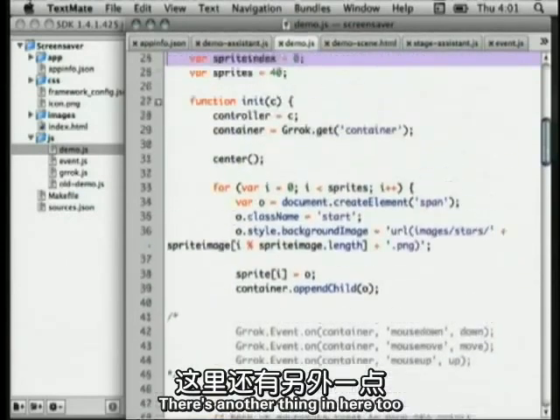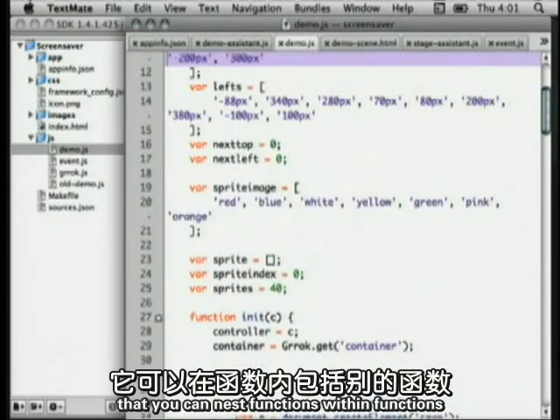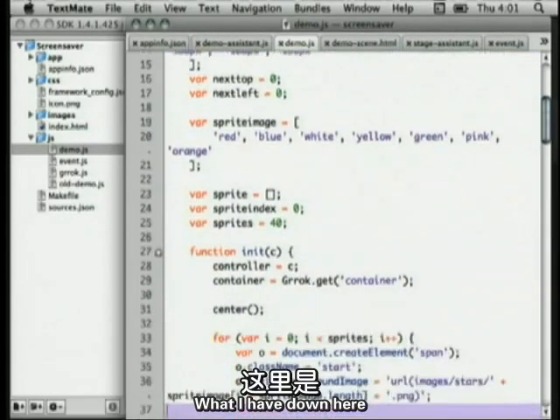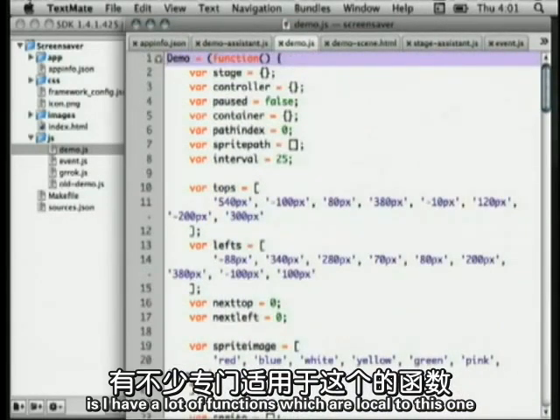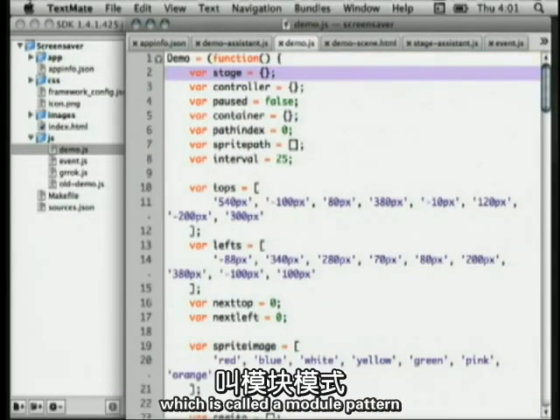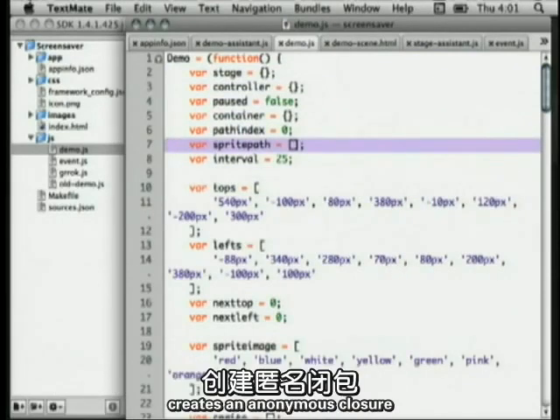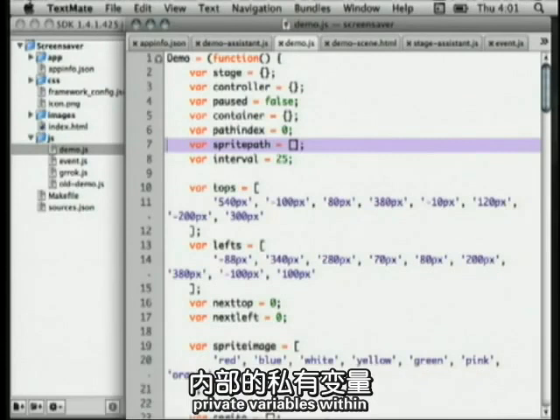Now, there's another thing in here too. Something that people don't mention enough about JavaScript is that you can nest functions within functions within functions if you want, and it keeps track of scope resolution for each of those. So what I have down here is a lot of functions which are local to this one, and this is another coding pattern in JavaScript. This is called a module pattern. It's also in JavaScript: The Good Parts. Basically what it does is create an anonymous closure,